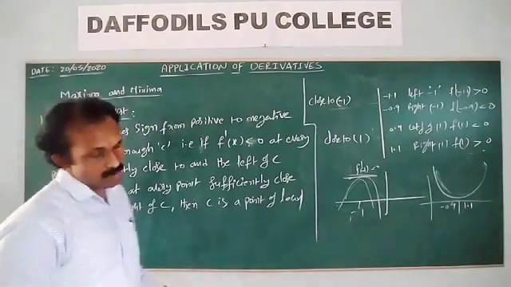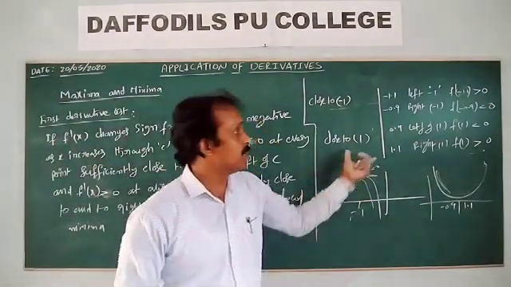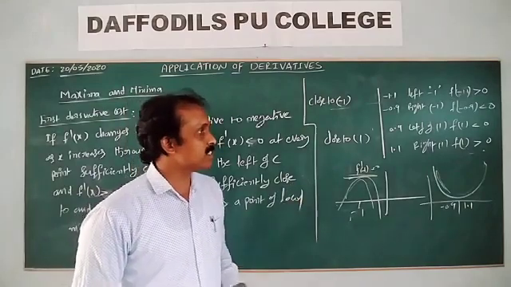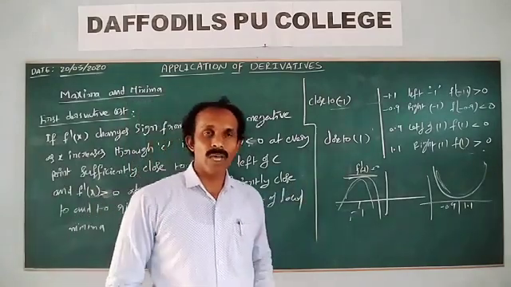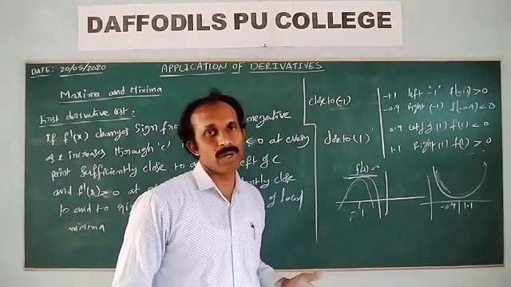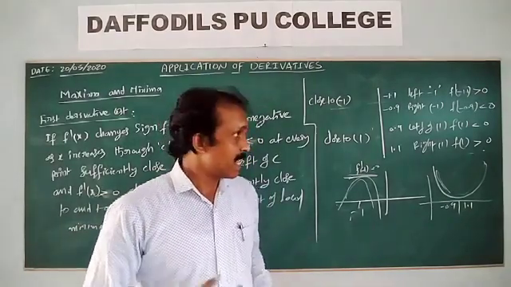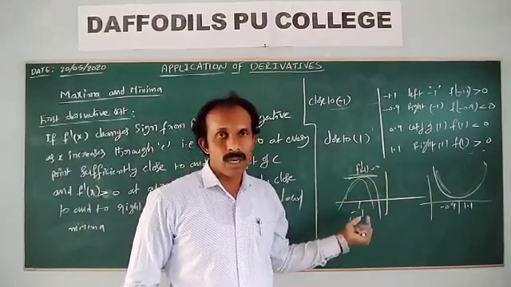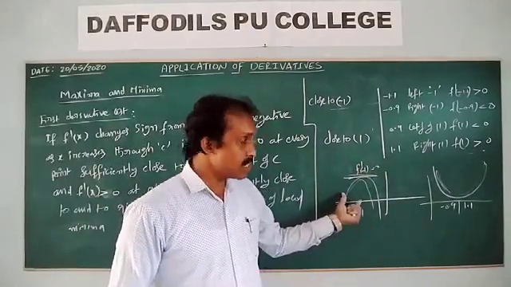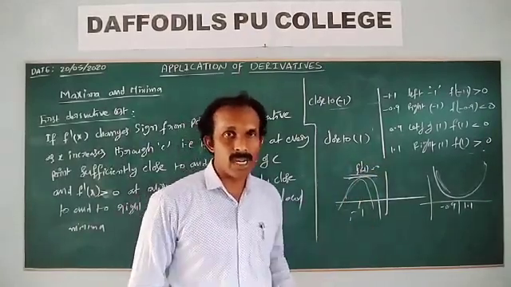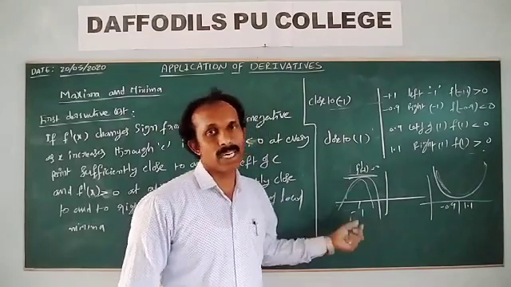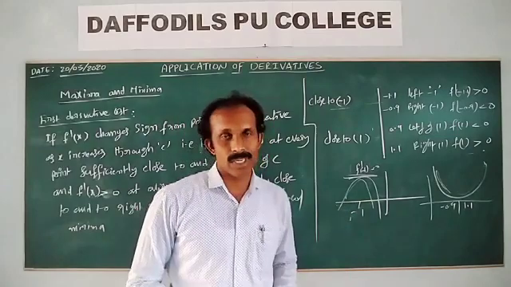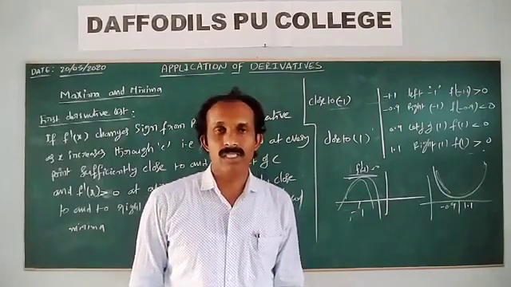So like this, students, by using the first derivative test we can decide at what point the function has maximum value and minimum value, that is nothing but local maximum and local minimum. Next class we will discuss the second derivative test. That is the easiest method; we will use the second derivative test mostly in problems. This is the first derivative test. Next session, next class, we will continue.